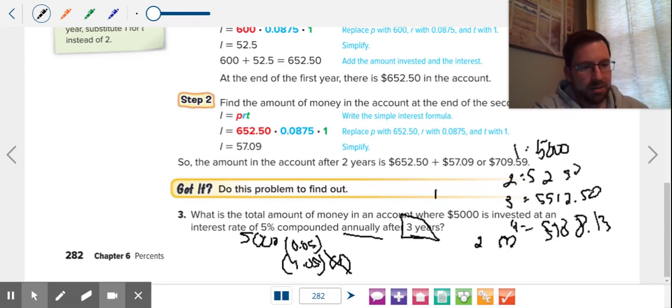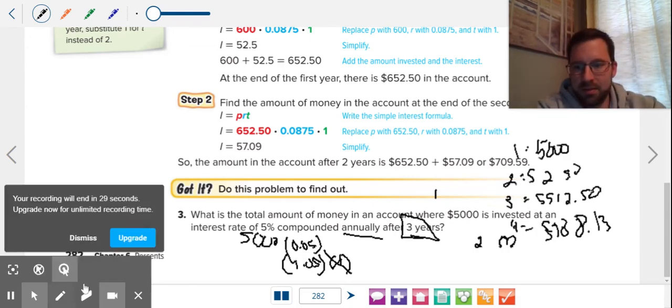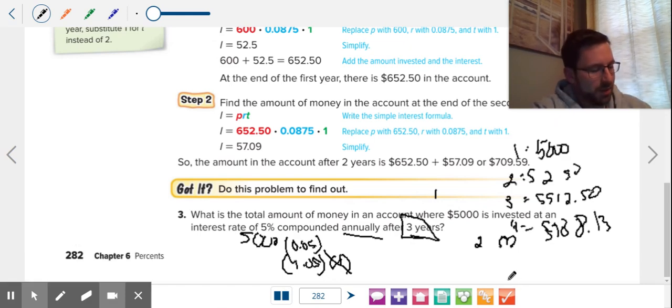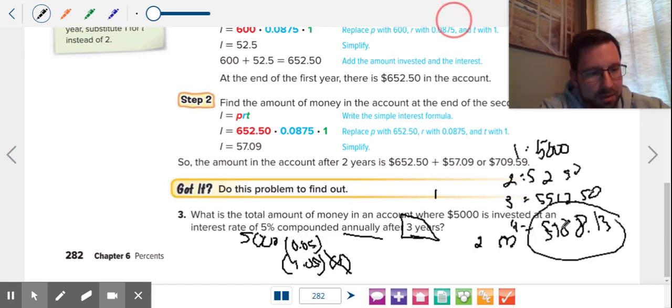a much different answer because if we add these up, so 5,000 times 0.05 times 3 is just 750. So if I add 750 to 5,000, 5,750, with this compounded interest, it's 5,788. So you can see it grows quicker. Okay, it's a little hard to read that, but trust me, that's $5,788. All right, and that's compound interest. So what you want to do is you want to build